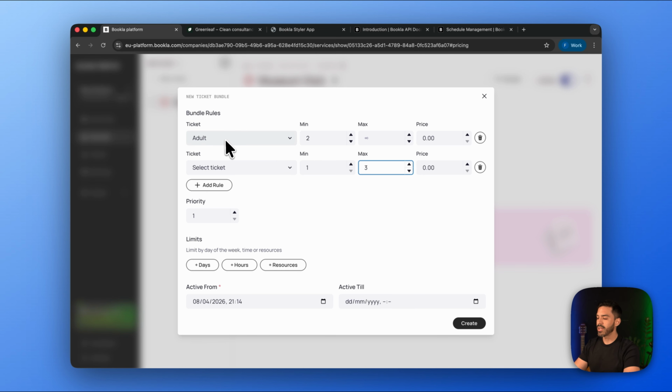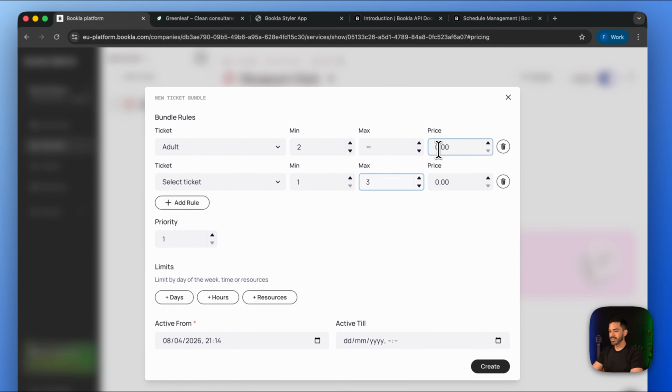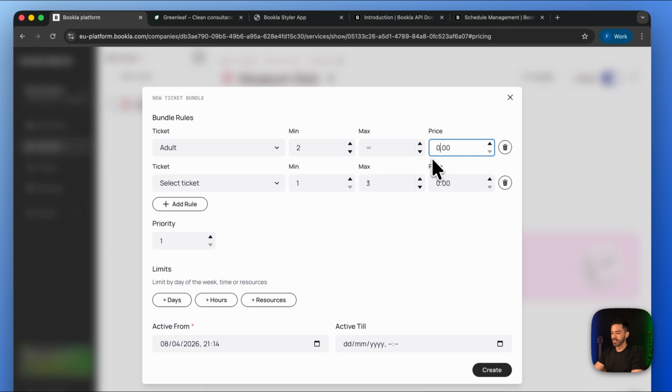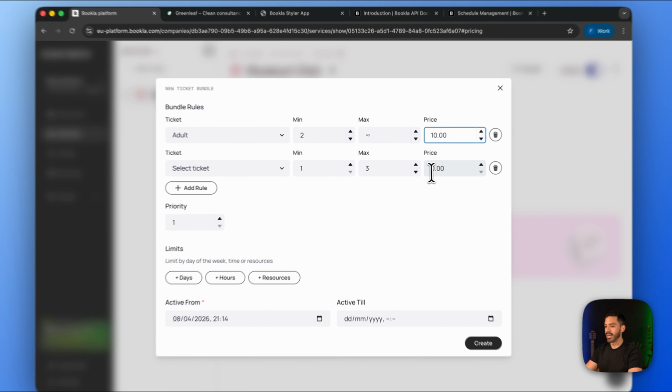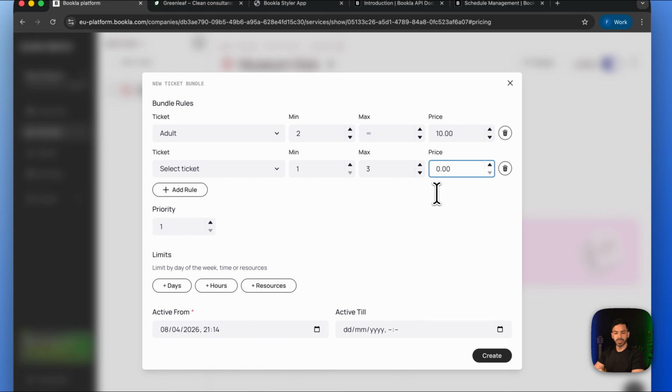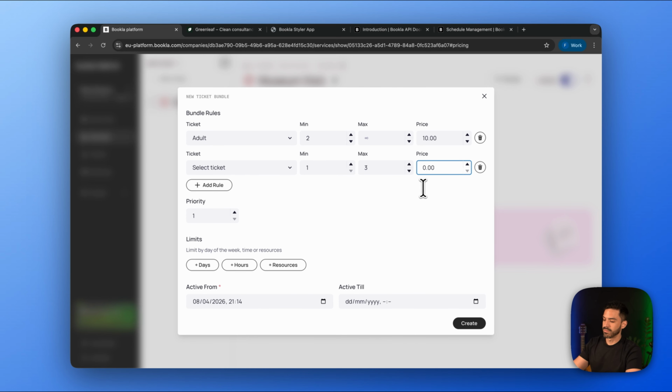So let's say that if it's 2 adults with at least 1, 2, or 3 kids, they will have a special price. Let's say that each adult ticket will be $10 instead of $20, and each children ticket will be $5,